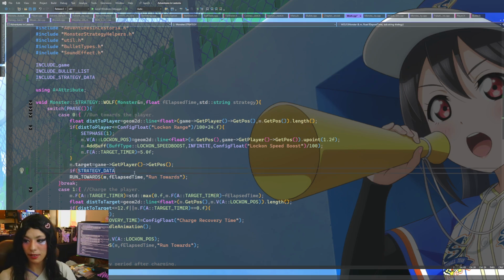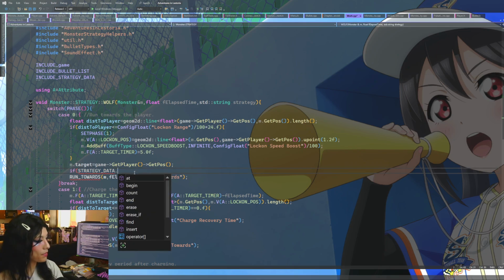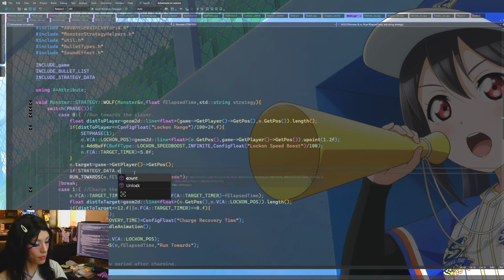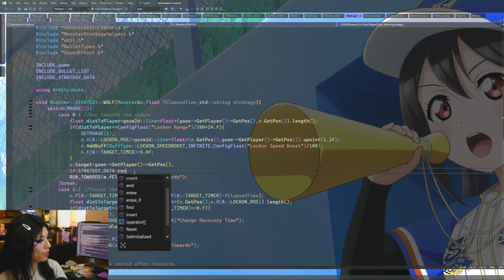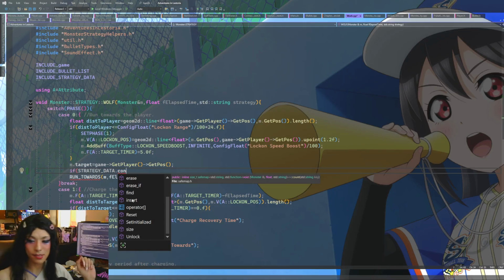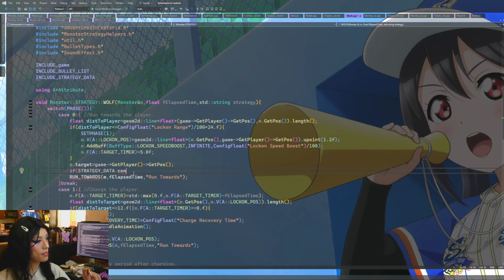Because if it does, I think that makes it easier. So I'm gonna say if strategy data dot contains, well, there is no contains because that's a safe map and I implemented that in my changes, so I have to re-implement that. But it would be like if strategy data dot contains our pointer,